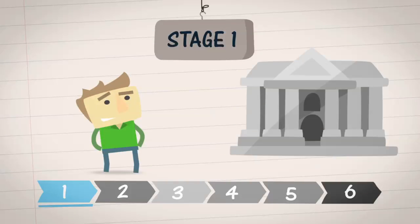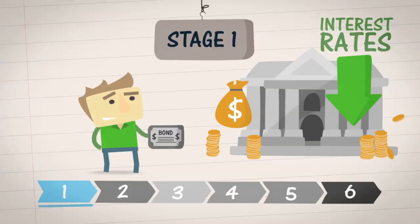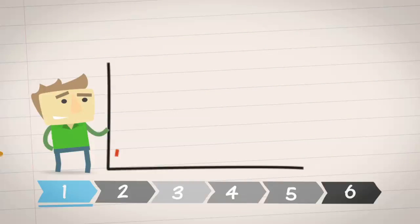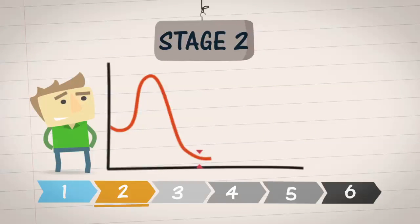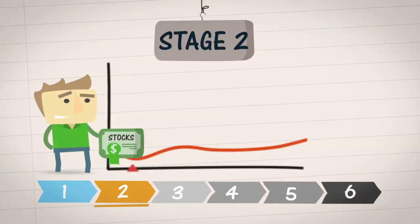This is a good time to buy bonds, as central banks will lower interest rates and expand the money supply to improve the economy, thus boosting bond prices. During the second stage, as the market hits bottom, you'll want to buy more stocks, especially in financials. You can buy them cheap and hold on to them as the market turns around, as it did from 2003